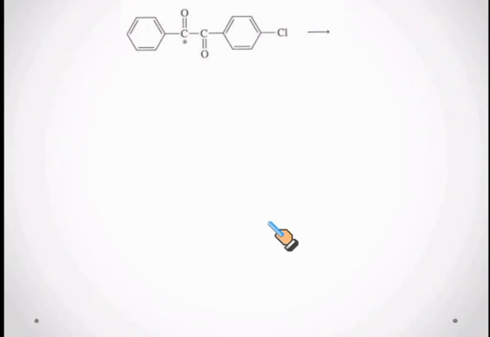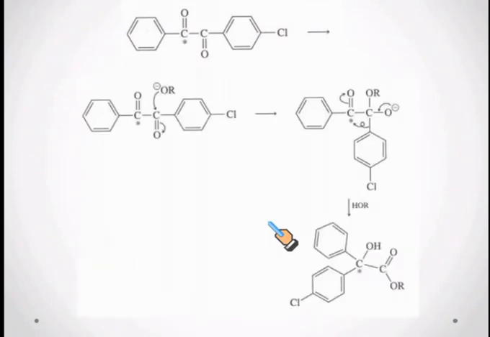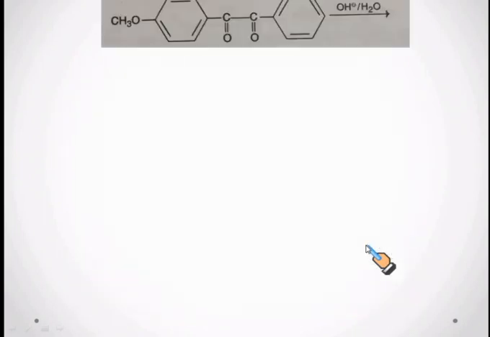the carbonyl carbon which is attached to the chlorobenzene group is more electron deficient due to the minus I effect of the chlorobenzene group, compared to this carbonyl carbon. So the alkoxide ion first attacks this carbonyl carbon and generates this anion, which rapidly undergoes rearrangement via chlorobenzene group migration and generates an anion, which then